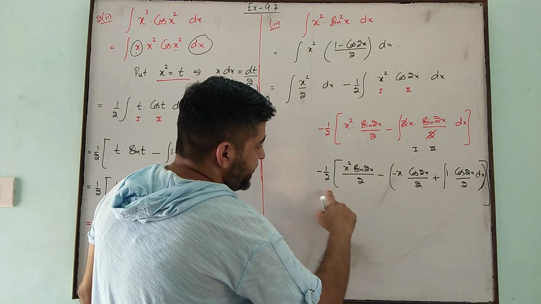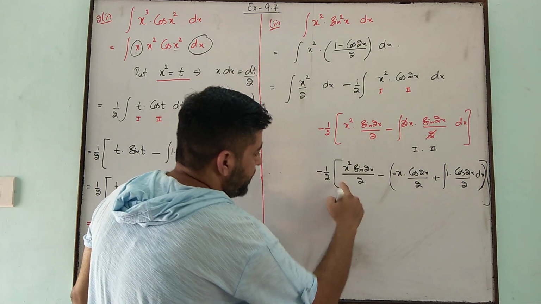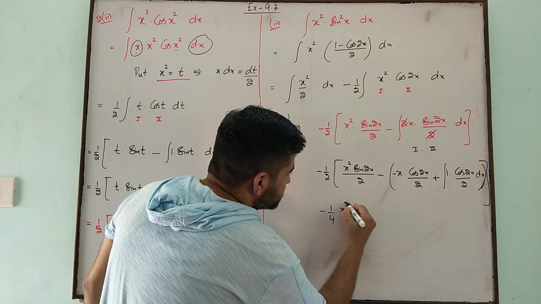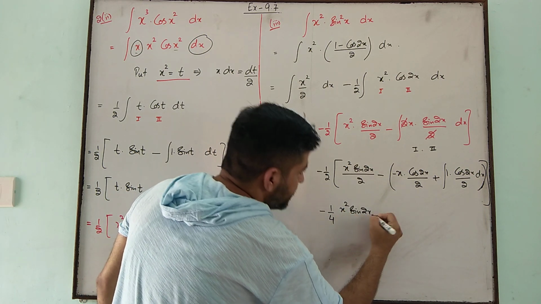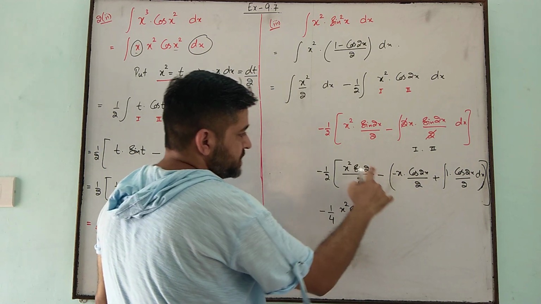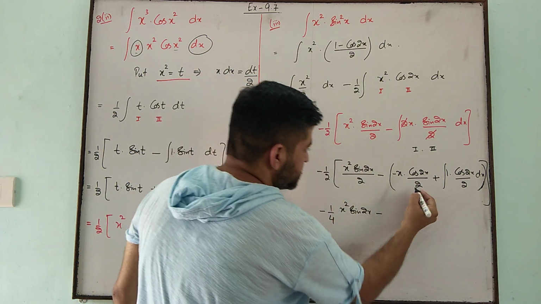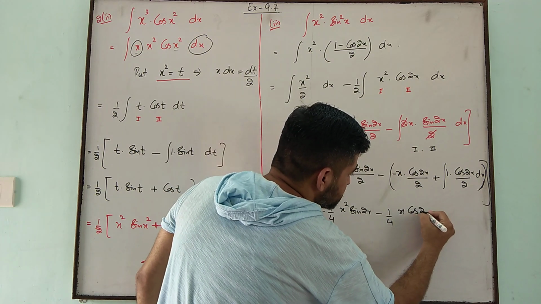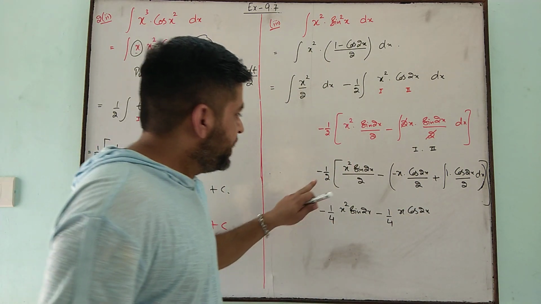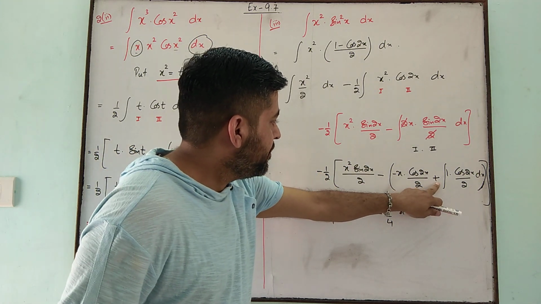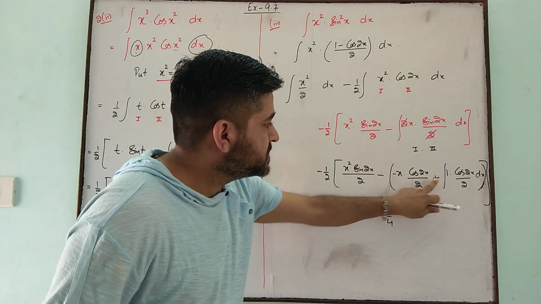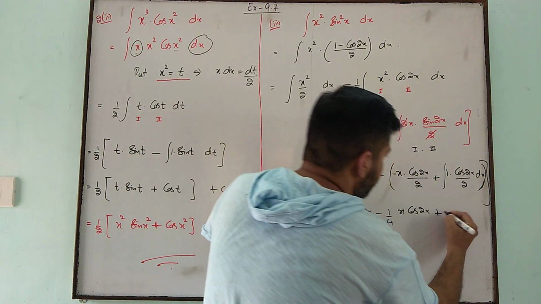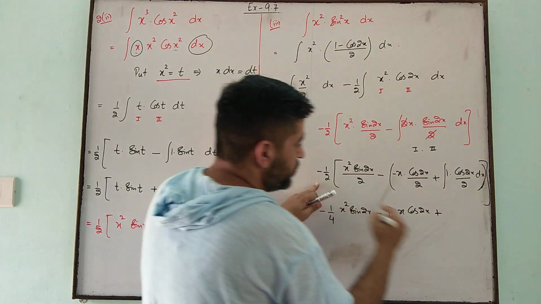So open the brackets also together, that is minus 1 upon 4 x square sin 2x, minus minus plus, and it will be 1 upon 4 x cos 2x, and again this will be minus negative, and 1 negative means it will be positive, and 2 into 2 is 4,